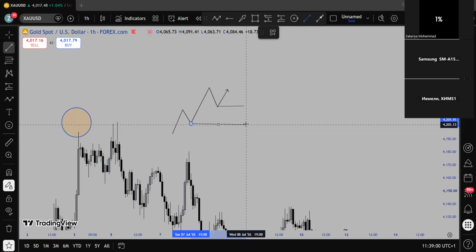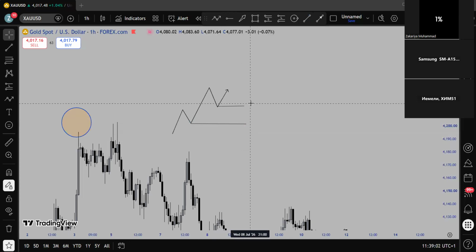Yes. There are two ways I said we can mark a what? Breakup structures. We can mark a breakup structure using a complete body, full body. But I said, if you remember, in a higher time frame we expect a what? A structural shift to happen in two ways, either with a complete body or a what? A wick. But in a lower time frame, it cannot be with a wick.